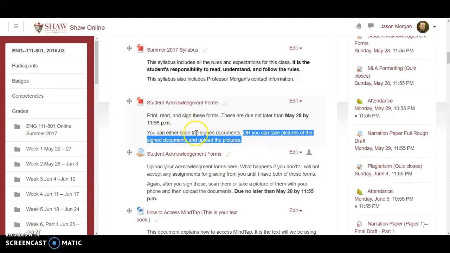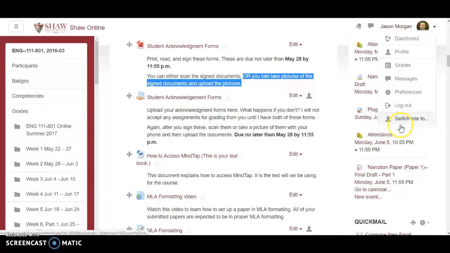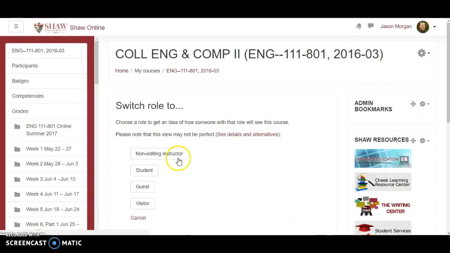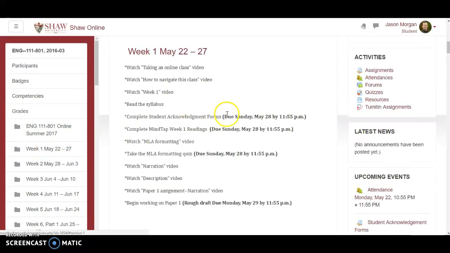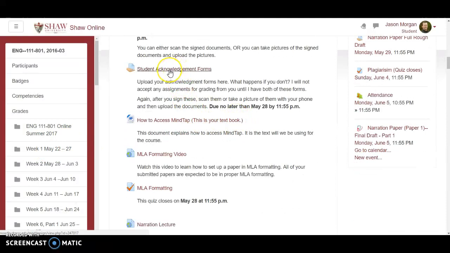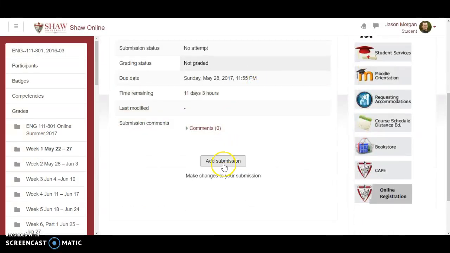So once you have these documents, then you're going to upload them. Well, where are you going to upload them? Right here. So let's switch over to student view so you can see what I'm talking about. Student view. Okay, so let's go back down here to week 1. So how you're going to upload it is you click on the student acknowledgement forms, and then you're going to add a submission,